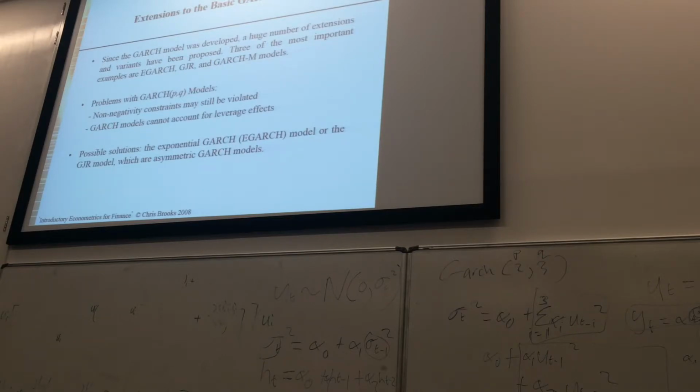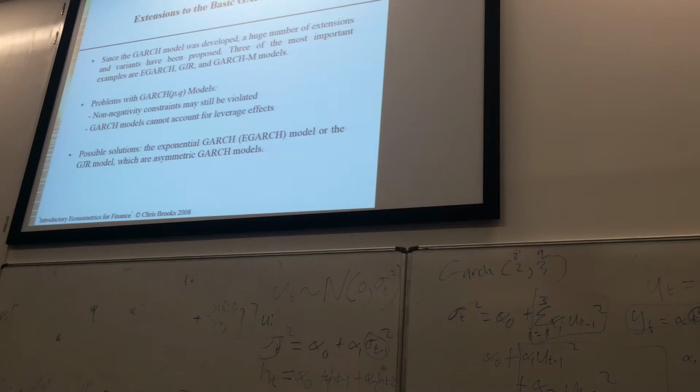So there are some extensions to the basic ARCH model. And normally in the assignment, you should check as many of these as you can. So when I ask you to find the best GARCH model in the assignment, I want you to check all the P and Qs. So you want to try GARCH 1,1, GARCH 1,2, etc. And then when you find the best GARCH model, use the same parameters, but switch over to one of the other types of GARCH model to see does it improve things. So we're going to cover those next now